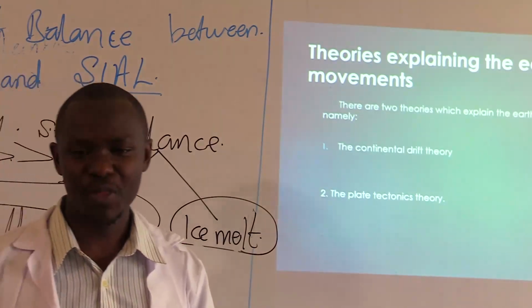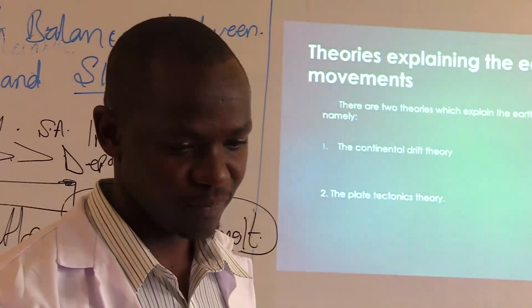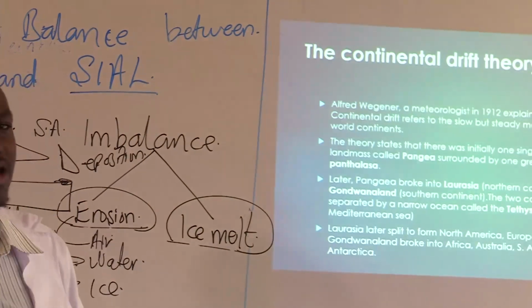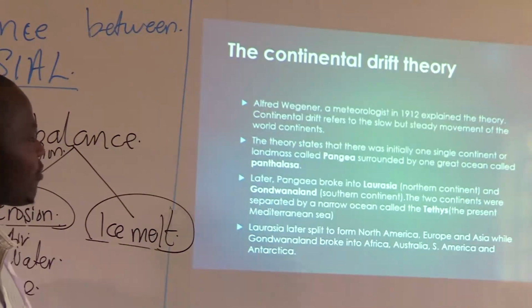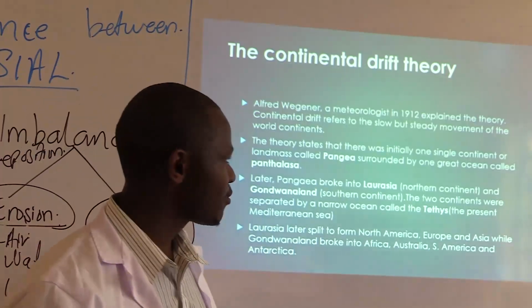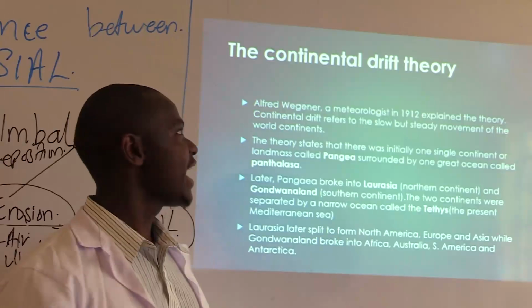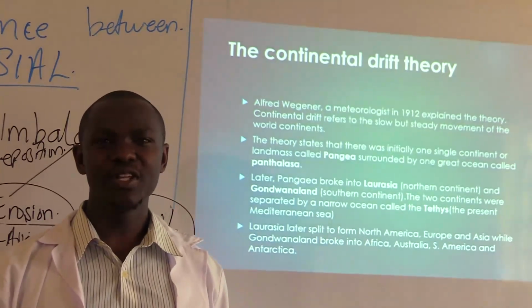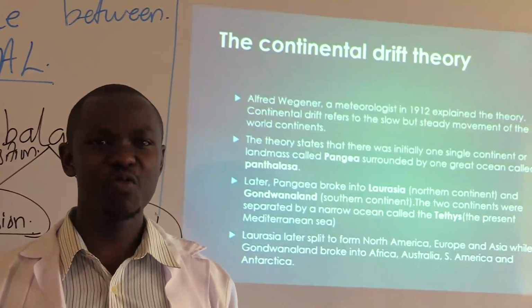So let's mention something small about the continental drift theory. The continental drift theory was established by a meteorologist called Alfred Wegener in the year 1912. Whereby, under the continental drift theory, Alfred Wegener argued that the present day continents were once in form of